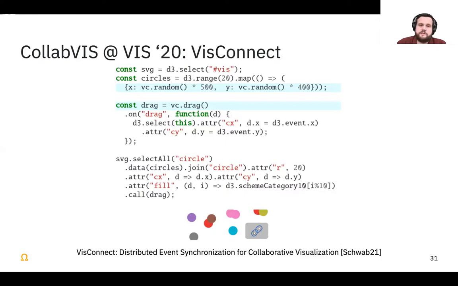But if you use these VC calls, as you see here, we have VC random and VC drag. Random is there just for the demo example, but VC drag means that if you drag it, then basically everything